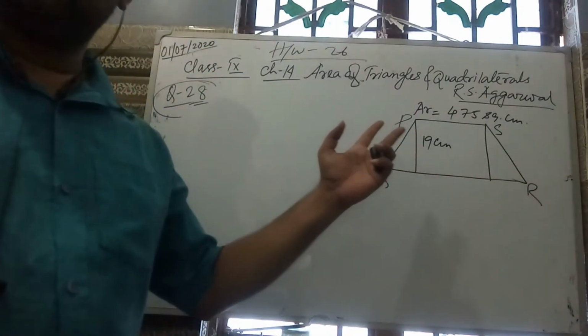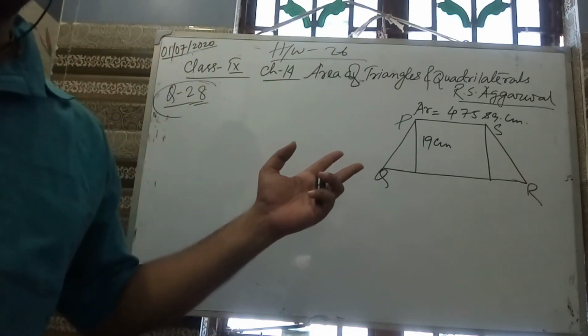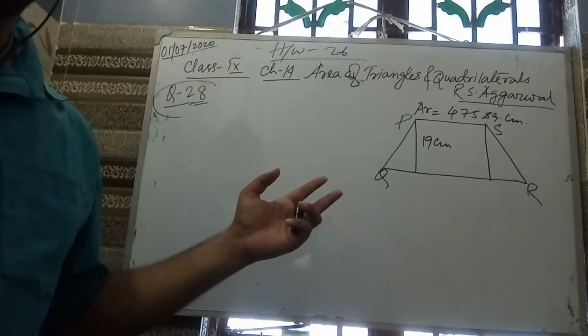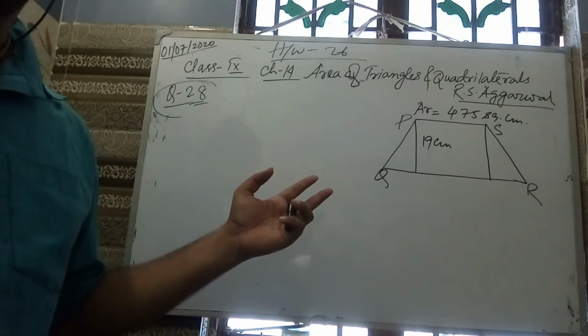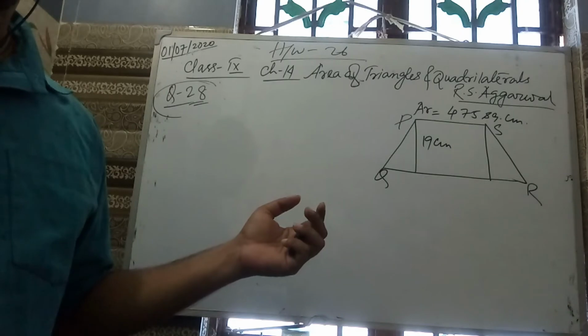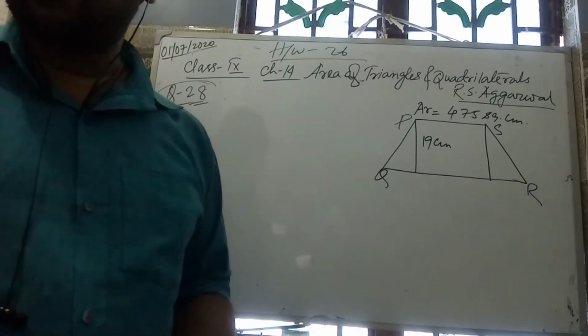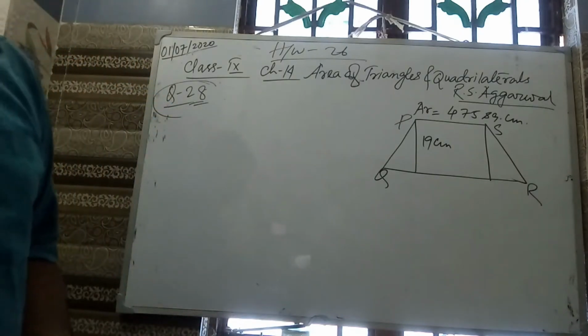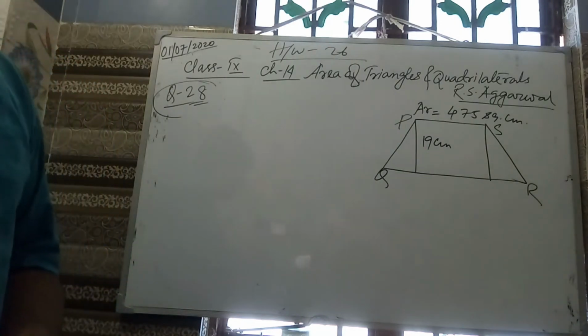Devjit is saying no sir. Why? What no? A quadrilateral with one pair of equal and opposite sides is called a trapezium. Yes,